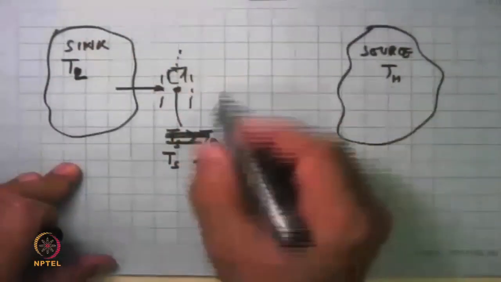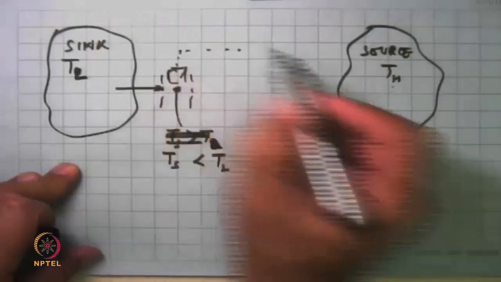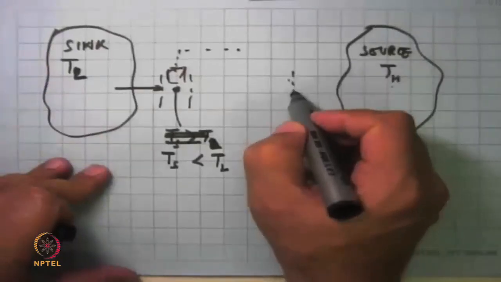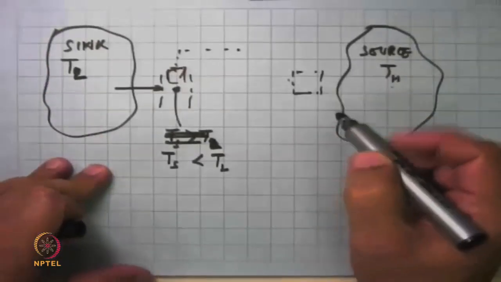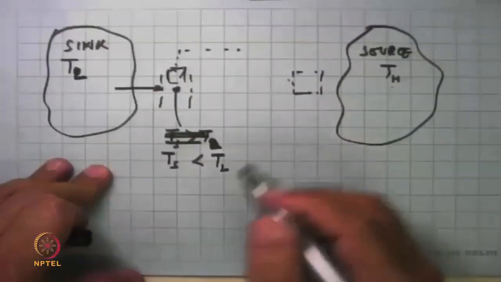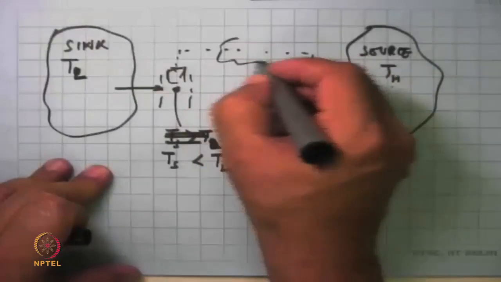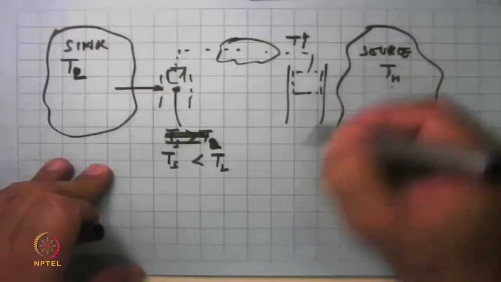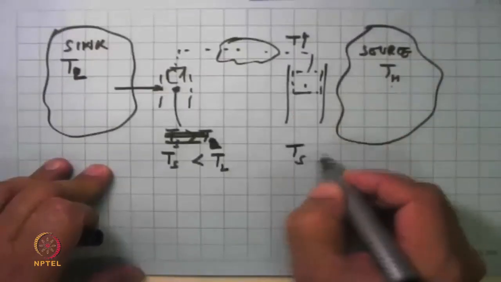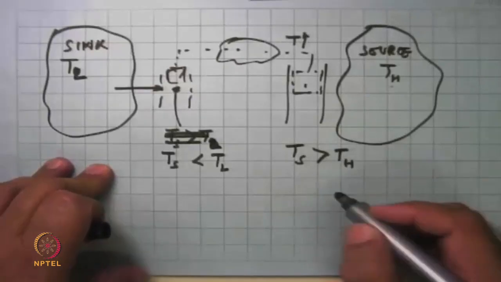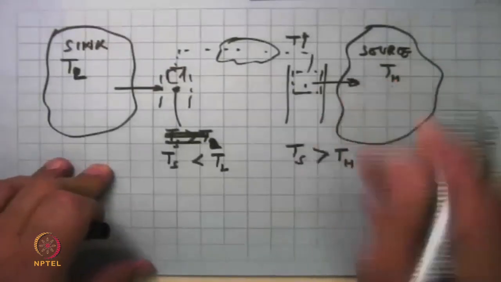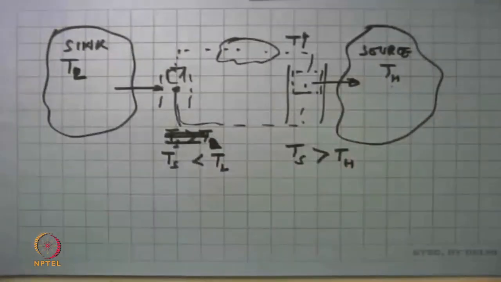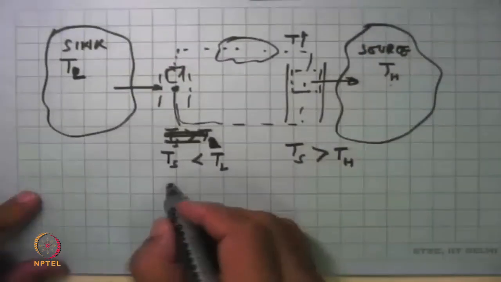But if I want to do it on a continuous basis, we then have to put it through a compressor. Its temperature goes up, or you can heat it and raise its temperature. But to make it move, you still need a pump or a compressor. So you do something to it, where its temperature has now gone up. So when this is moving here, the system has a temperature which is more than the source temperature TH, and now heat transfer is possible over here. Then we do something else and bring it back here. And that's the idea of what we may call a heat pump.